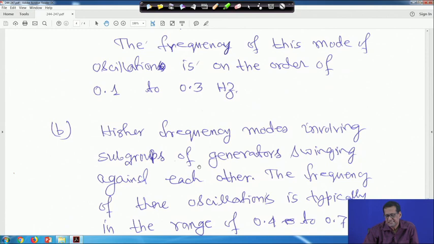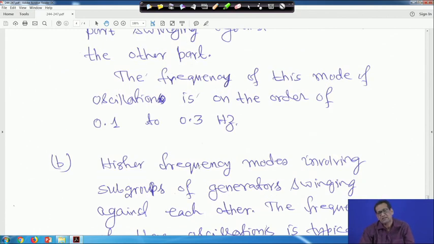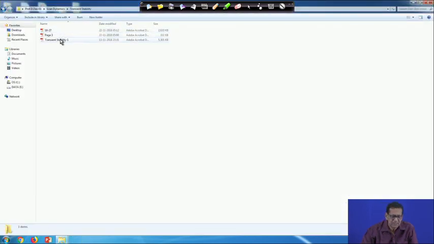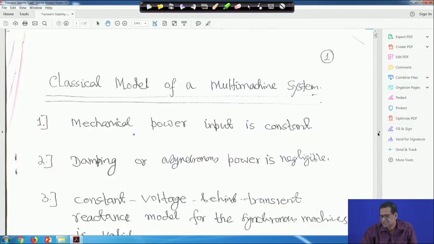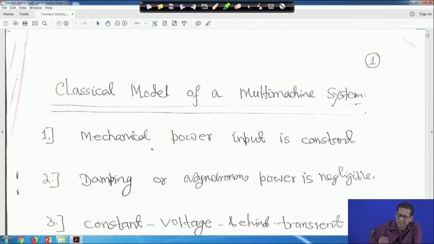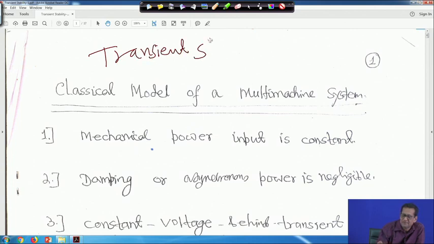So, with this, the synchronous machine part is almost over. Only thing is that if time permits, I will see a little bit of the excitation system of the synchronous machine, right. Now, next, after this we will move to the transient stability analysis, particularly for multi-machine systems, right. Here I forgot to write that headline, it is transient stability analysis.